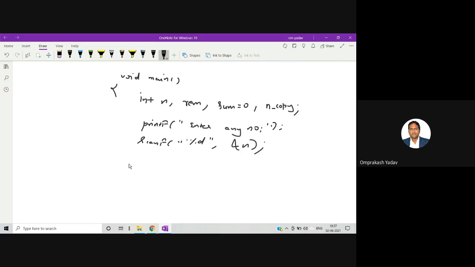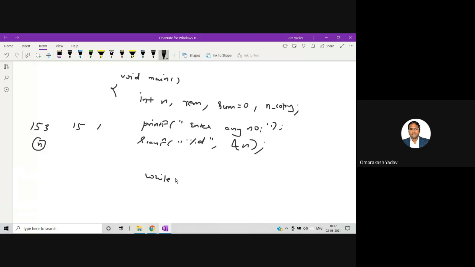Okay, so see what I want to do, I want to separate each and every digit. You know that during separation of each and every digit, what we will do, we will reduce the number, right? Every time we will divide by 10. So this number will, first time it will be 153, second time it will be 15, next time it will be 1, right? Because I'm going to write this particular loop.